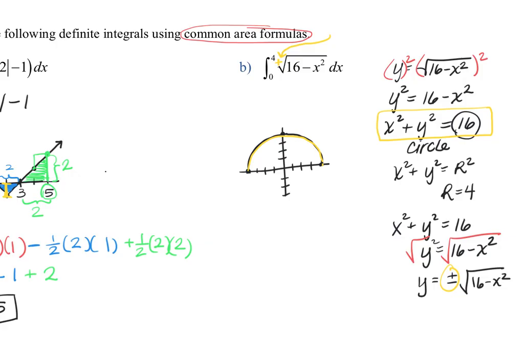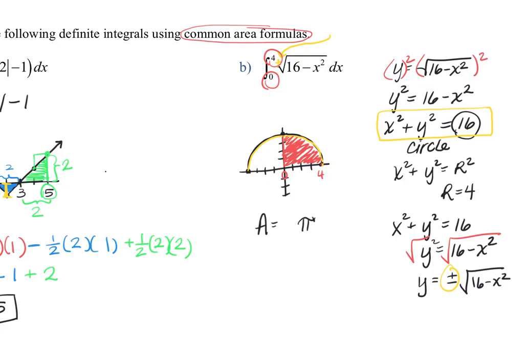We want the integral from 0 to 4. So if we go from 0 to 4, the area between this curve and the x-axis, that means we want to compute this red shaded area here. And this is going to be 1/4 of the area of the entire circle, or you could also consider it half of the semicircle. So using our geometry knowledge, we know the full area of a circle is going to